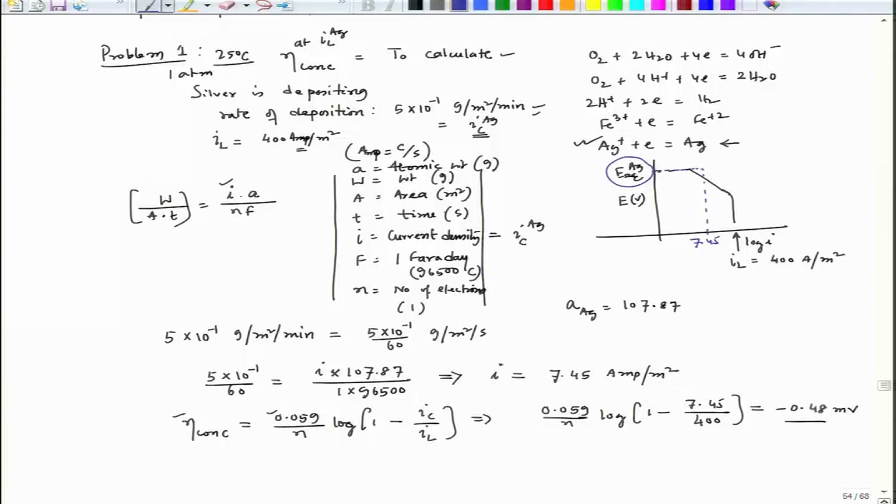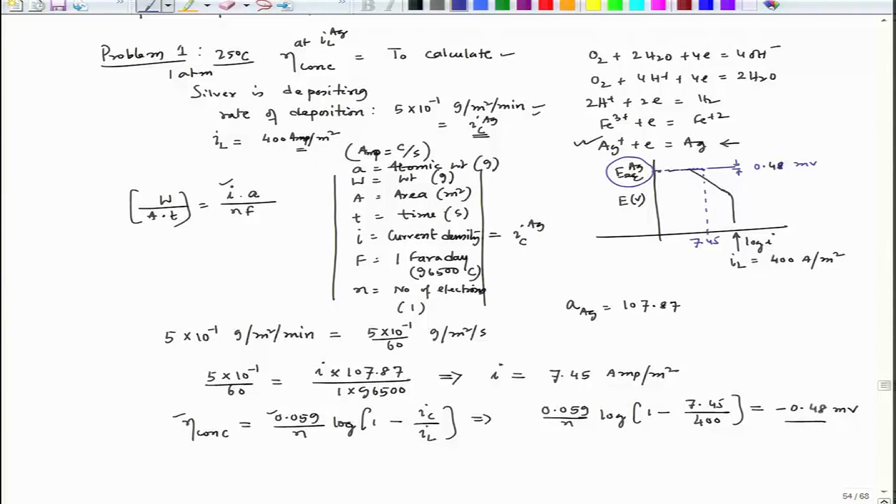So, the drop from this E equilibrium Ag would be very minuscule, which is 0.48 millivolt. Now, just for the sake of an example, what will be the effect of the current on the